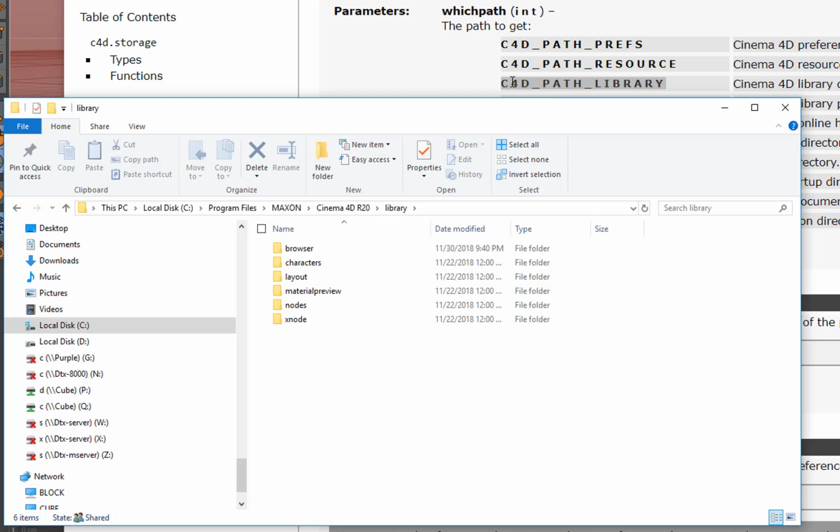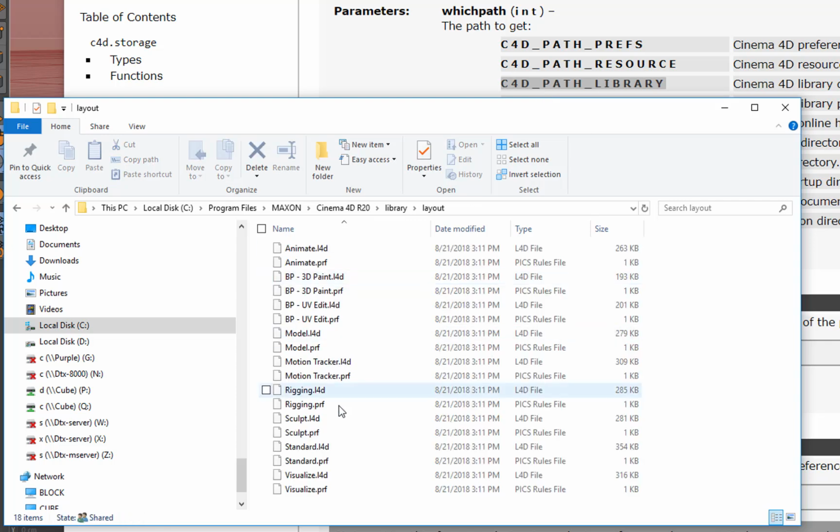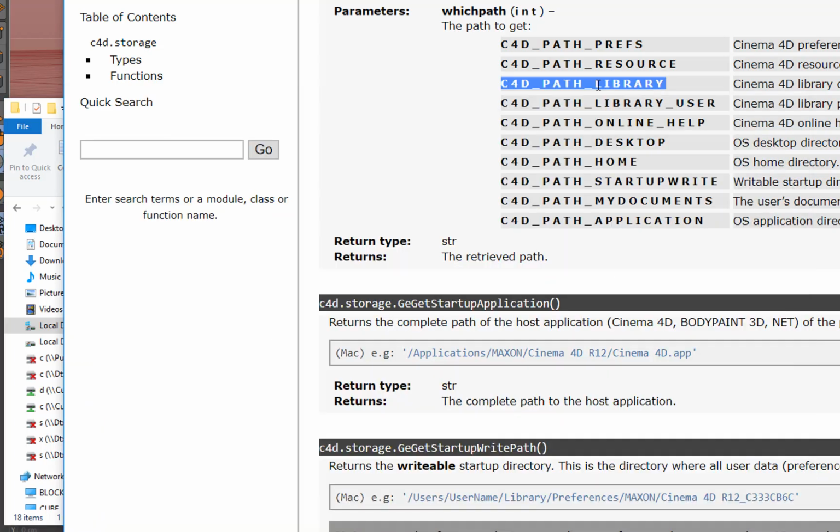So that's where that is. So we need to go to there and then under layout. And there's animate L4D. These are all the layouts that come with Cinema 4D. So I'm going to copy this,